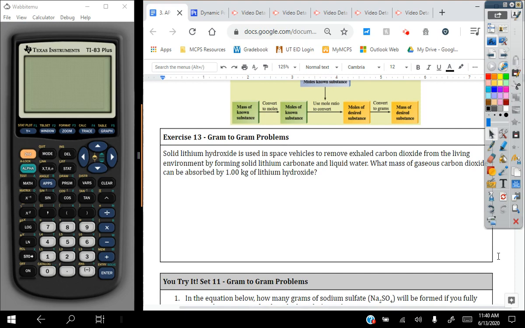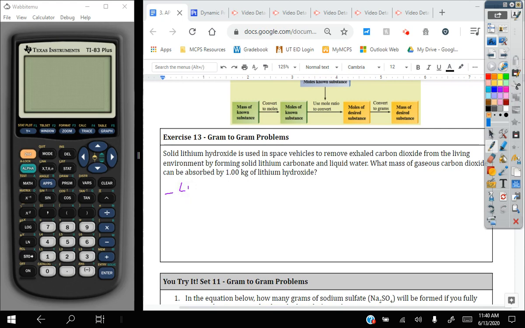So solid lithium hydroxide, we'll come up with our balanced equation as we go. Lithium has a +1 charge, OH has a -1 charge, so this is LiOH, is used in space vehicles to remove exhaled carbon dioxide from the environment by forming lithium carbonate and liquid water. So if we're removing CO2, that means CO2 is a